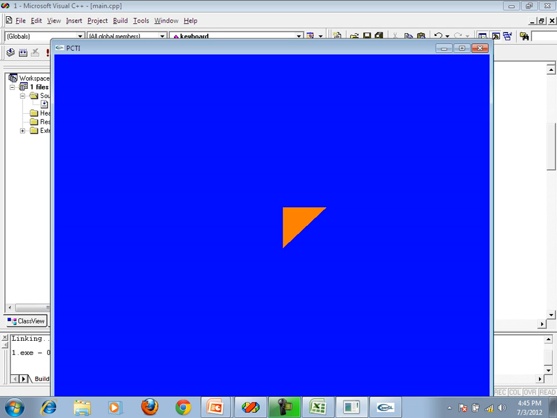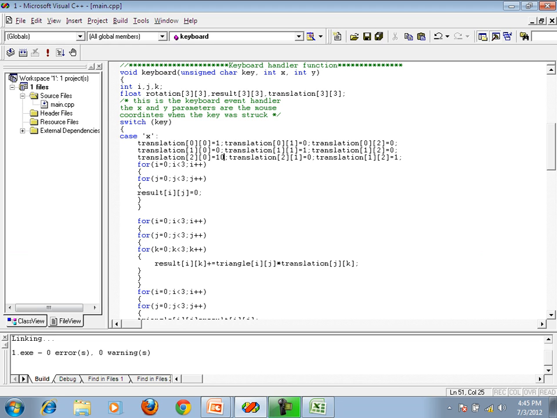Okay, I have pressed small x. I am going to press a small x here. You can see that it is shifting towards the right side. In the same way, I had pressed capital X here. Sorry, it's not responding when I am pressing it again and again, so we have to check it out.